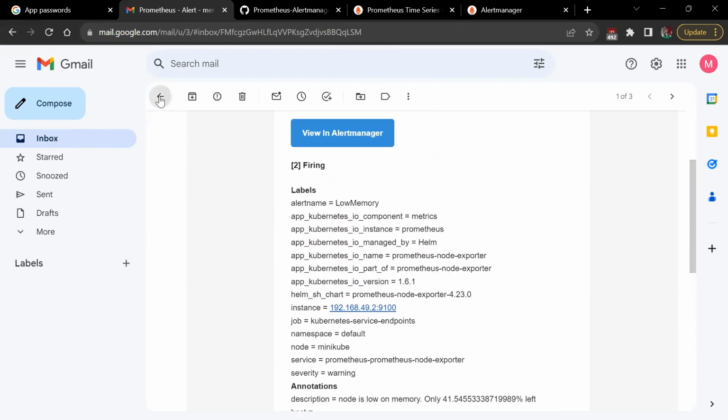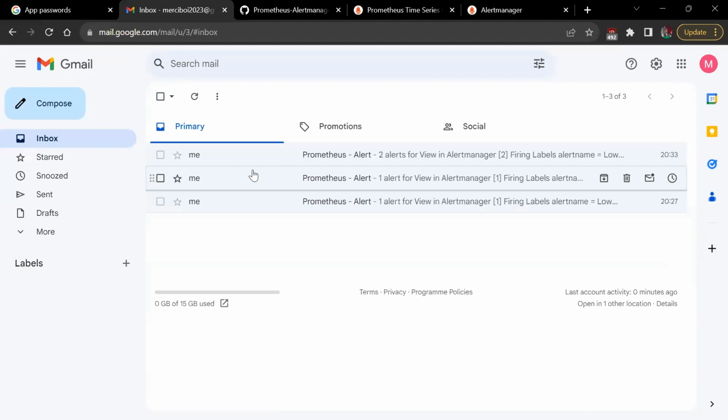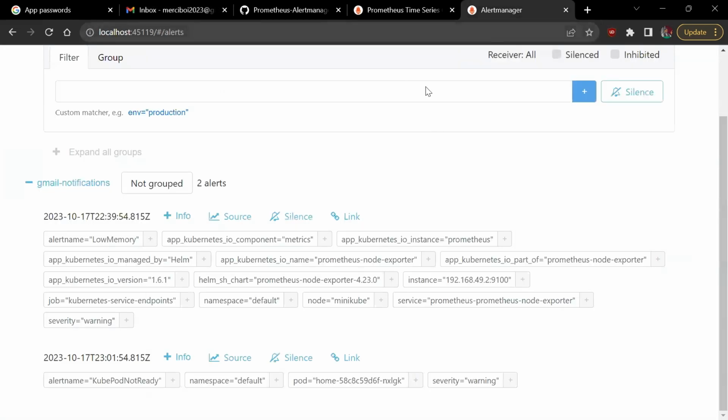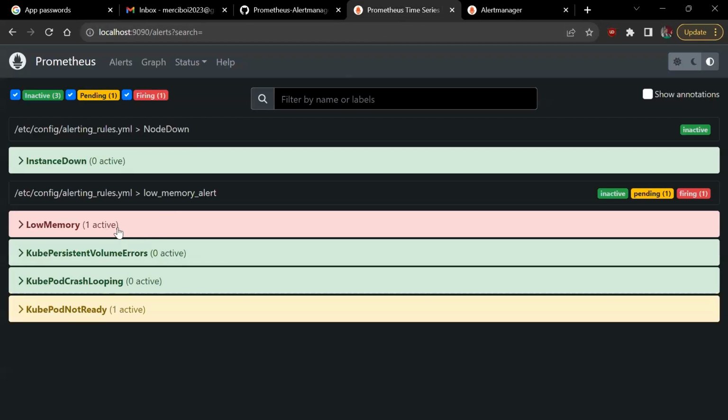So it will keep sending these alerts until I get into my Kubernetes cluster and solve whatever problem has happened or whatever has triggered the alarm. So that's it about Alertmanager and Prometheus in action. The next thing we're going to do is to install Grafana, which is our visualization tool. So to get right into it,